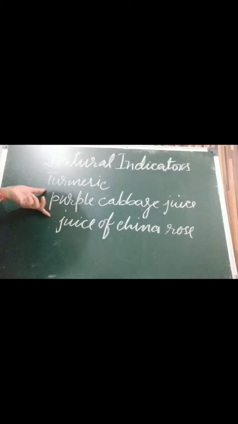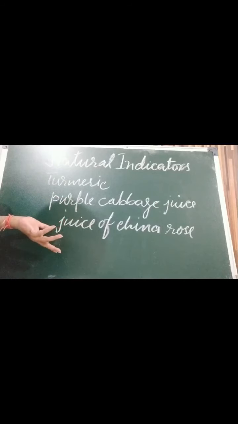And leaves. We use the leaves of purple cabbage to make the juice. Indicator solutions can be prepared by boiling the colored part of the plant, such as petals, in water for some time. After that we strain that part of the plant. Okay, the juice we get is going to work as an indicator. And this indicator is going to give different colors in acid and basic medium.